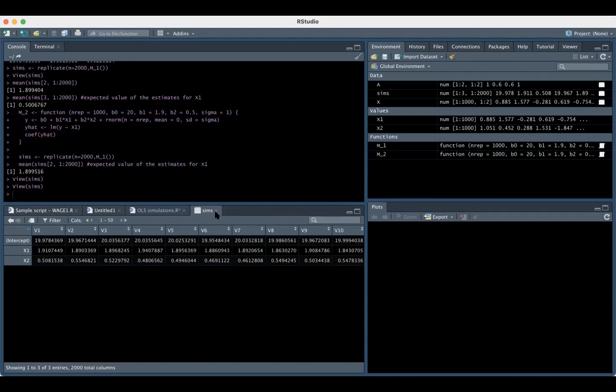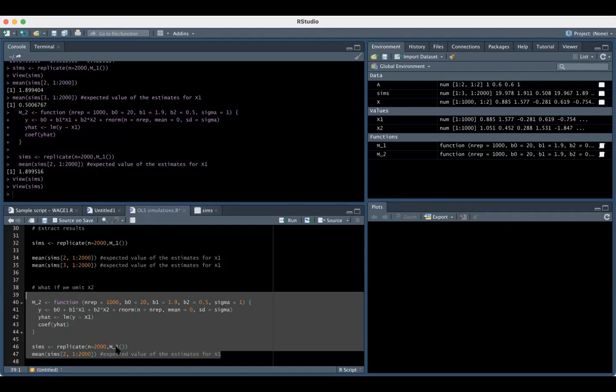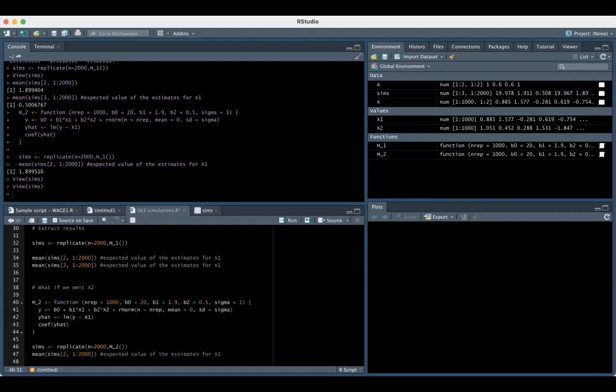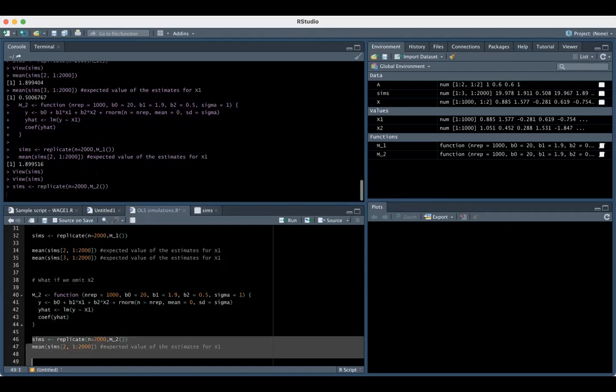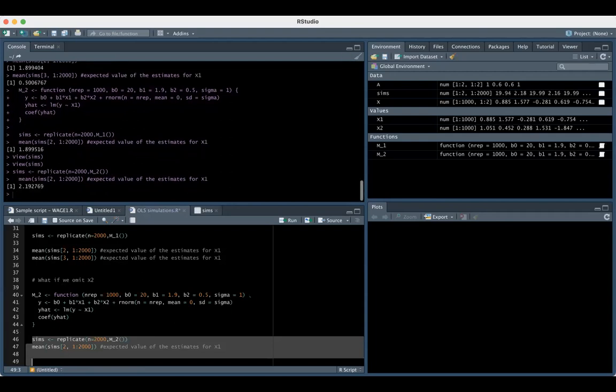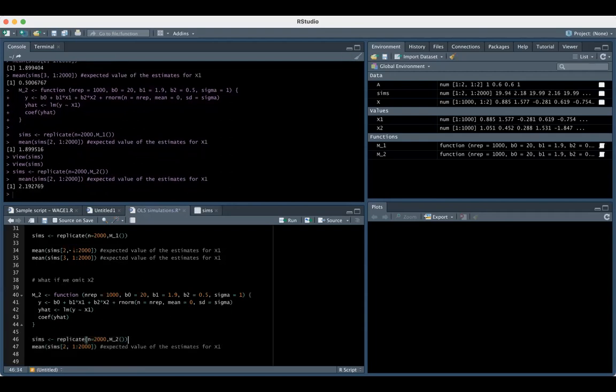All right. Sorry. Let me change that. This is supposed to be M2, right? Right. So you see, the bias is still the same. The coefficient is still the same as we did in Stata, and it's way off the true population value of 1.9. It's 2.19 when it's supposed to be 1.9, and